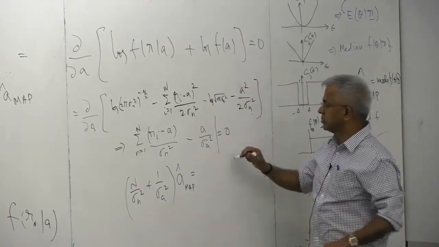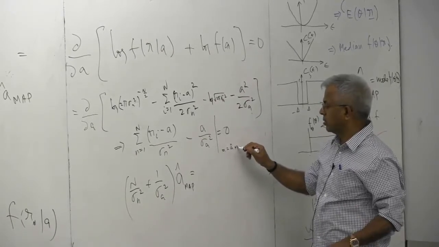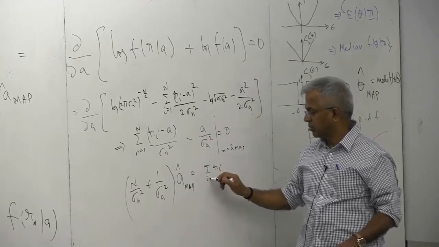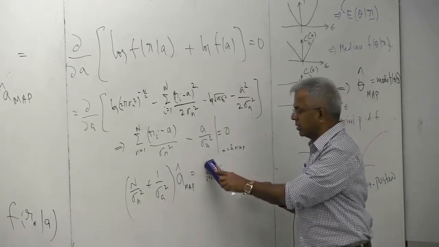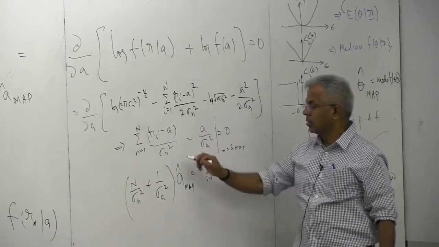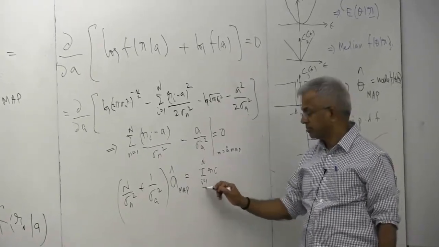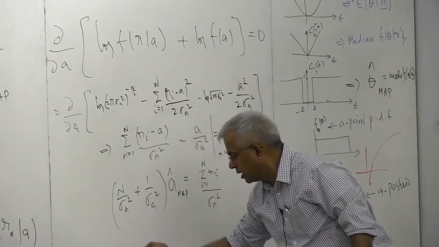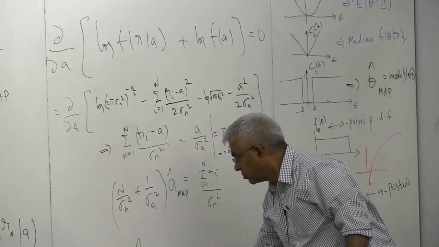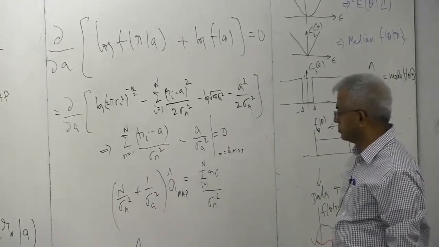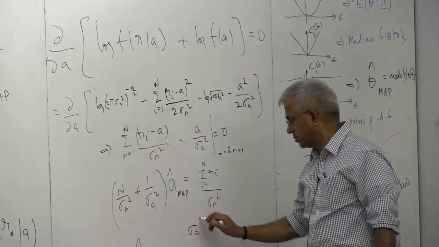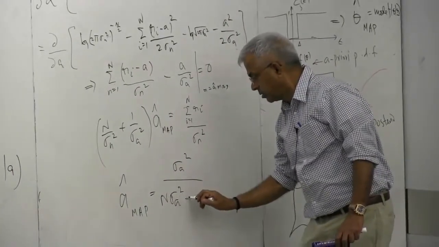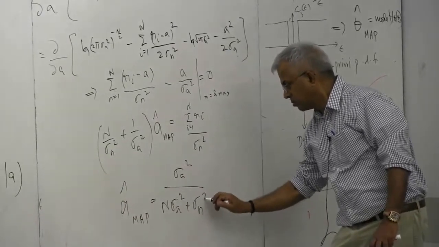Equal to the summation of Ri, i equal to 1 through n, over sigma n squared. So I can solve for A hat MAP is equal to sigma A squared over (n sigma A squared plus sigma n squared)